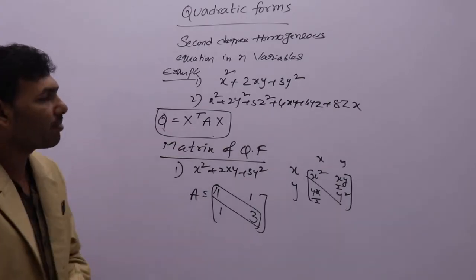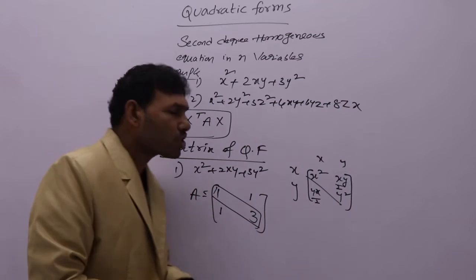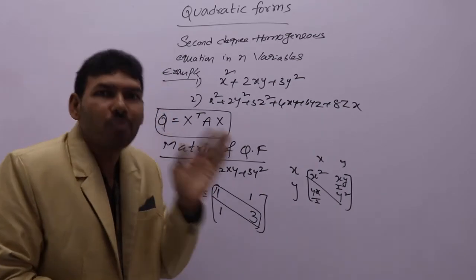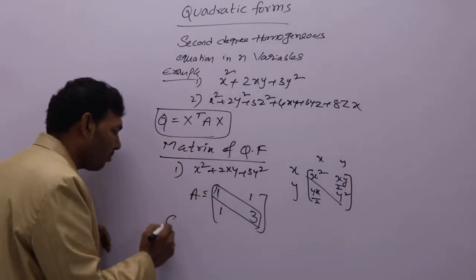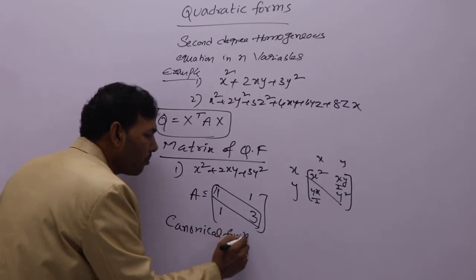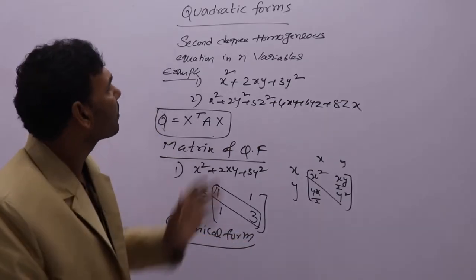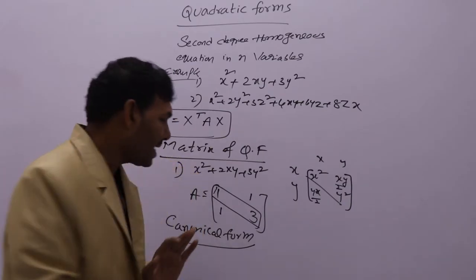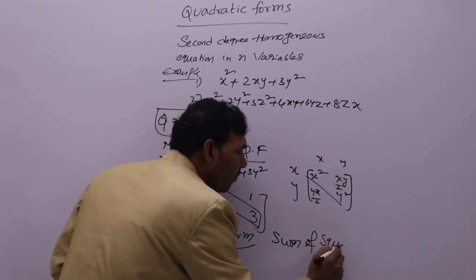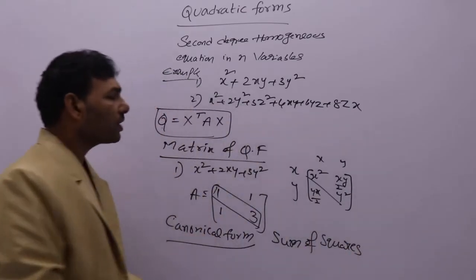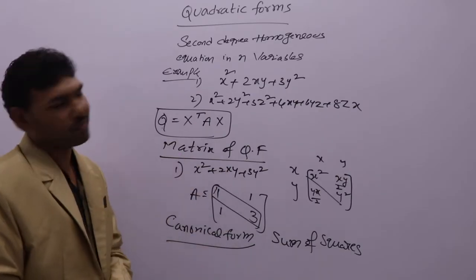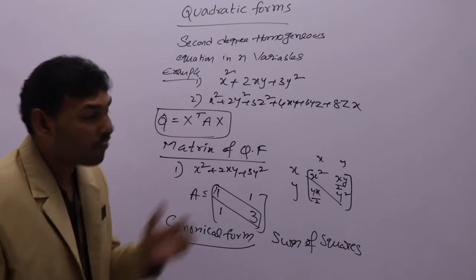Next, after writing the matrix of quadratic form, what is the most important application of quadratic form? Just now I said, reducing a quadratic form to canonical form. Canonical form means simply, by writing the given quadratic form as a sum of squares. Sum of squares means you should not have xy term, yz term, zx term after reducing the quadratic